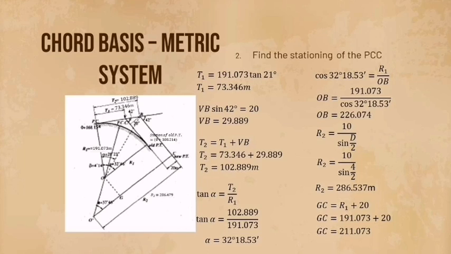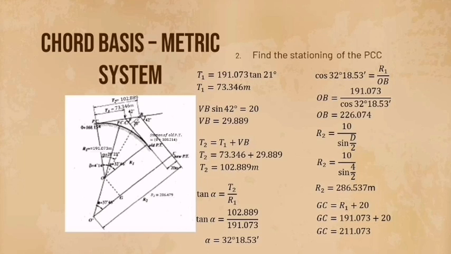So again, OB is what we are looking for. So what we will do is isolate OB. After isolating OB, the formula becomes OB equals R1, or the 191.073, over cos A, or the 32 degrees 18.53 minutes. And after we compute that, we will get the answer of 226.074 for the OB. So for the radius 2, again we will use another formula, which is